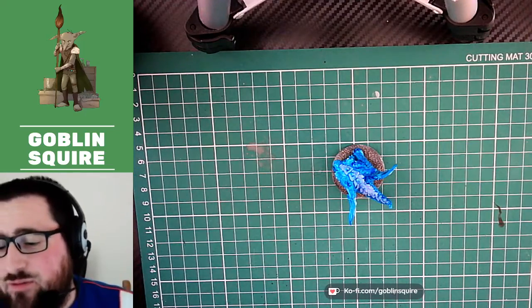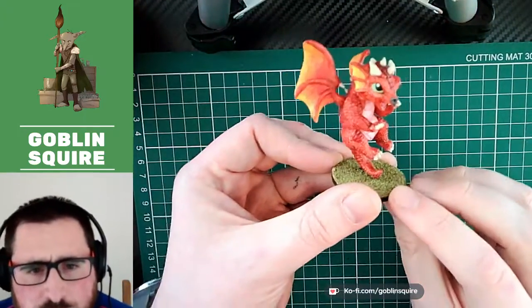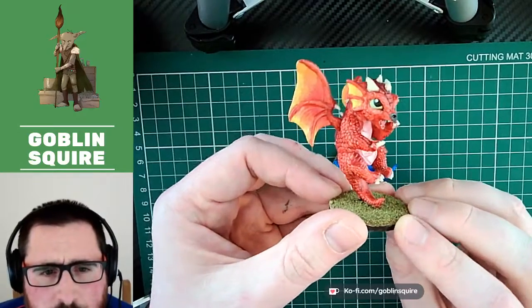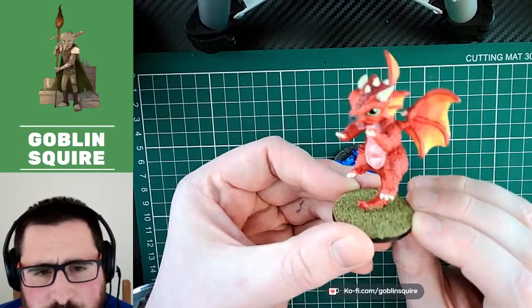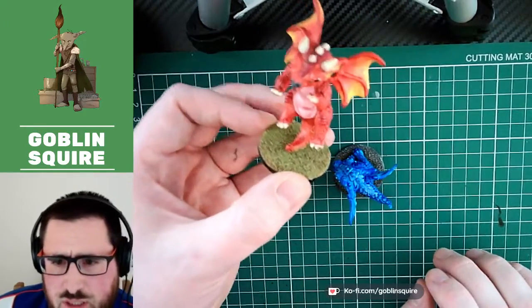I've actually painted one of these Rockies before. I did a red dragon for that one. So this is the one that I painted before. You can see there the red dragon, and we've got some yellow and some pink going on there. What I wanted to do with these really is not